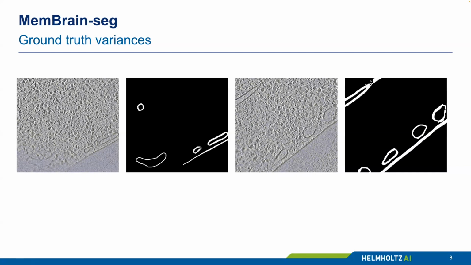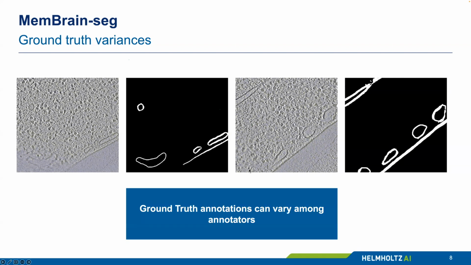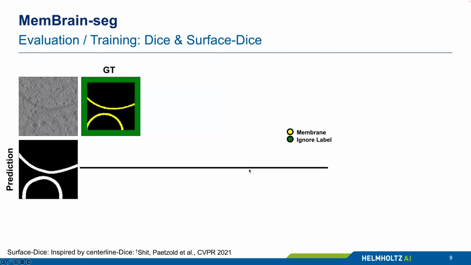And that is a problem because that is distorting both the training and the evaluation metrics towards these thicker regions. Classically, we use the Dice score for both training and evaluating our model, and that will be biased much towards these thicker membrane regions. But this is, of course, not really what we want. So as a synthetic example, what we tried here was to have some ground truth segmentation and some prediction.